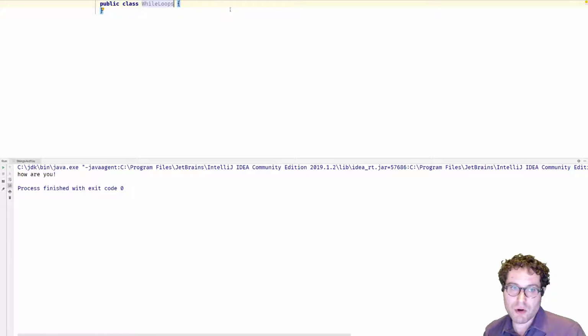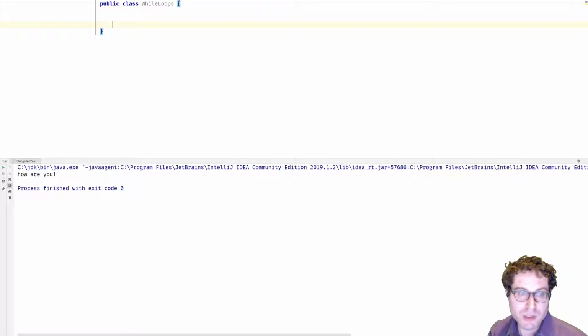So this video will go over a different type of loop called the while loop. A while loop is an indefinite loop versus the for loop, which is a definite loop. The difference is that with a for loop, the way it's structured, you'll know how long it's going to run, right? It will run a given number of times, be it